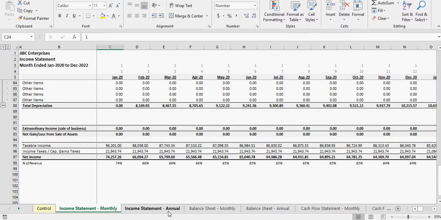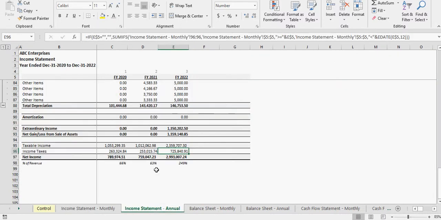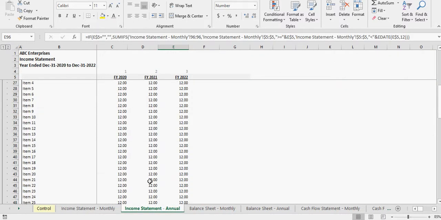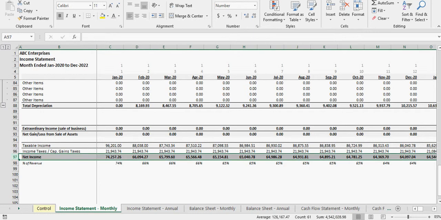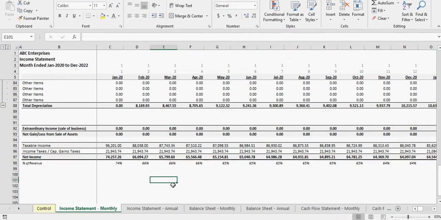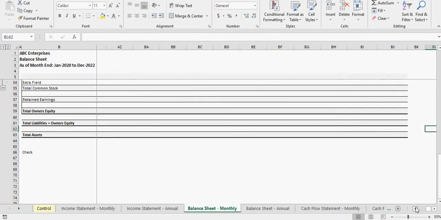our income statement annual, it's the same thing as the monthly we just went over. It's just on an annual basis, but same exact thing. That will always tie out the net income here. You can see 4,542,000. That's 4,542,000 here, so those always match. The monthly balance sheet